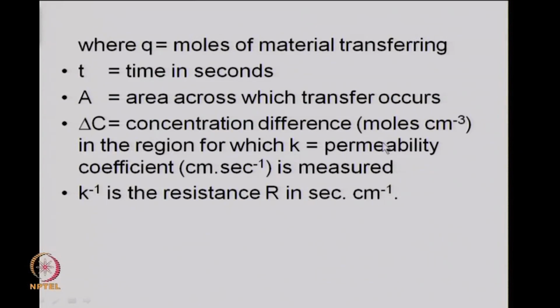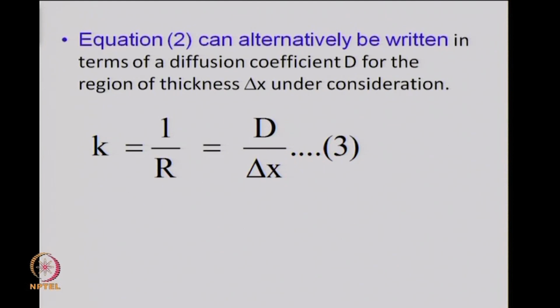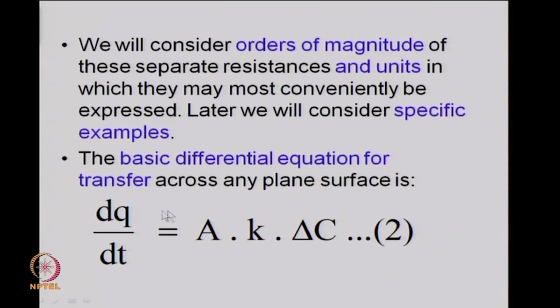but only when the concentration driving force is used, that is moles per volume, and you use gram moles per centimeter cube as the units of concentration. K inverse, as I just remarked, is the resistance, and that will be always in seconds per centimeter, provided delta C is gram mole per cc. We could rearrange that in that general manner, and K could be identified as the reciprocal of resistance, and when we equate the rate of transfer, what is given here, dq by dt divided by A on the left hand side